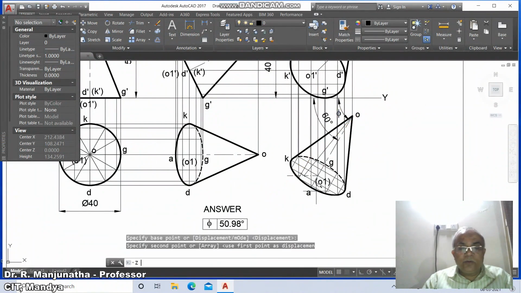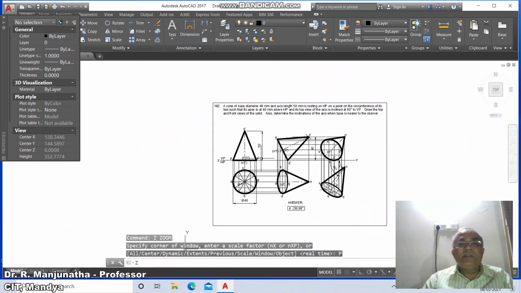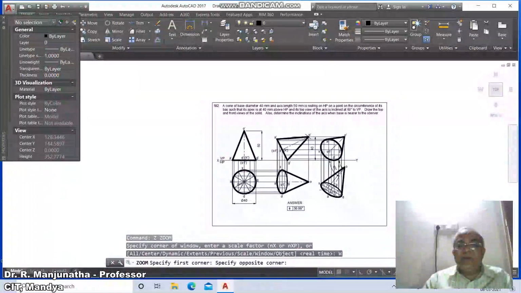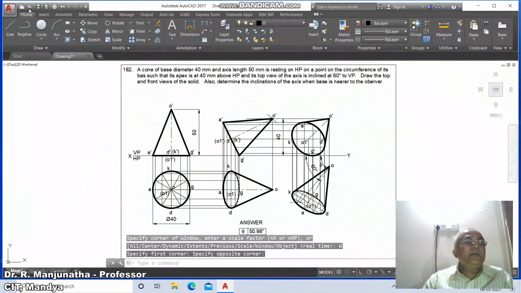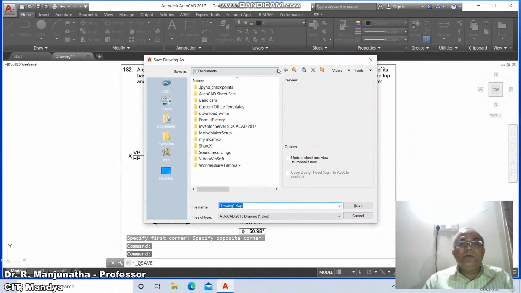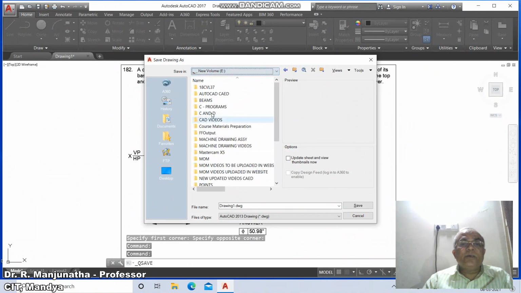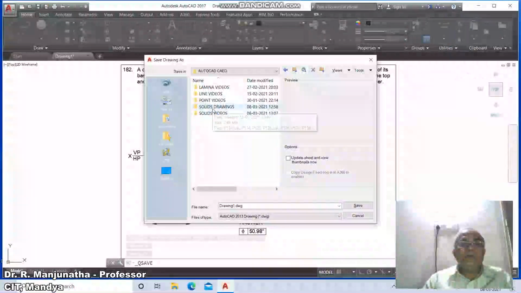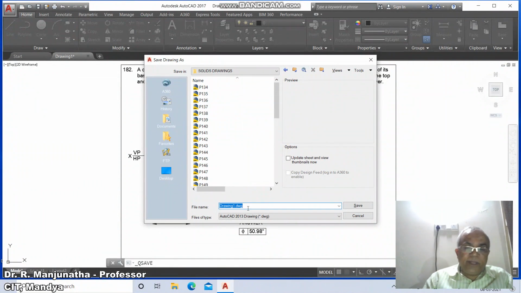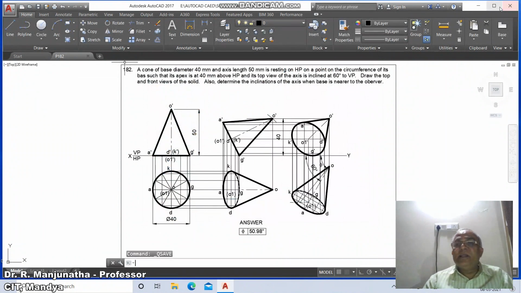So this is how you will be able to complete this drawing. Then go to zoom window and finally save the drawing, go to the appropriate directory, go to solid drawings, type P182 and save it, and finally you exit the